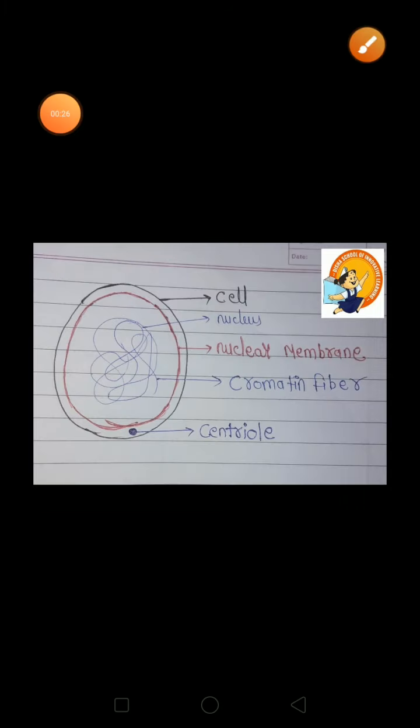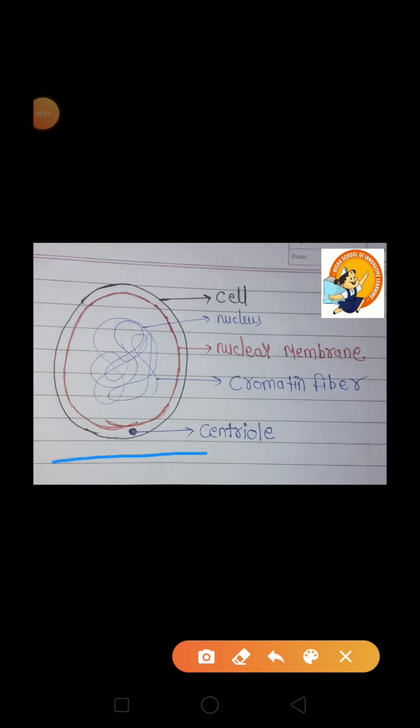Now, these somatic cells and germ cells play a very important role in cell division. We will see what this cell consists of. सेल में क्या क्या प्रेजेंट होता है? The cell consists of the nucleus. This one is the nucleus, and inside the nucleus, chromatin fibers are present. These thread-like structures are called chromatin fibers. They are present inside the nucleus.